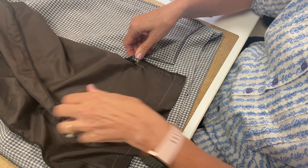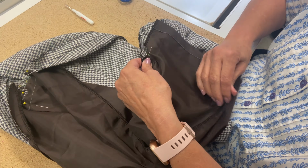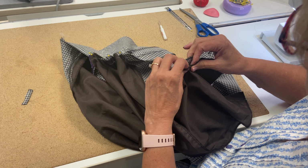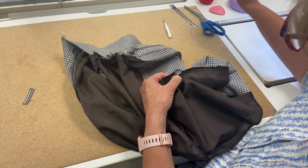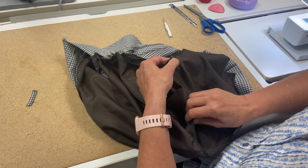Just flipping this over. And I'm going to sew these two together. So what I want to do here is get these dots together right here. Okay. So I'm just going to, let me see, get this